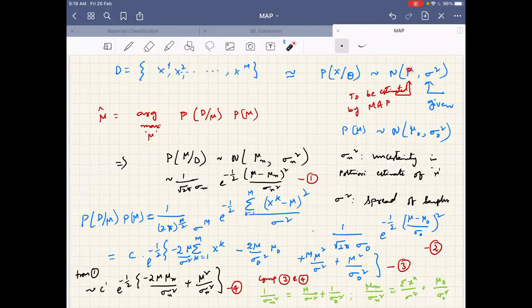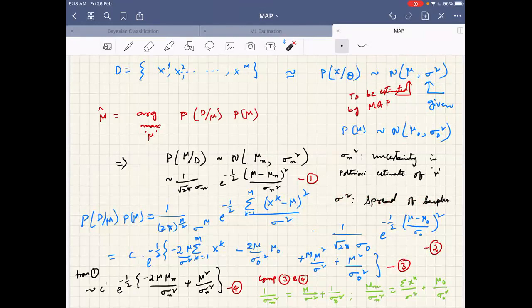If I am very confident, you will get an accurate answer. If you are not very confident, I don't have a provision to incorporate it here itself. So I only say that whichever best confidence you have, bring that. And this sigma square corresponds to the spread of samples. It corresponds to P of x, or P of x given theta, which means P of x. So the spread of samples is expressed in sigma square.